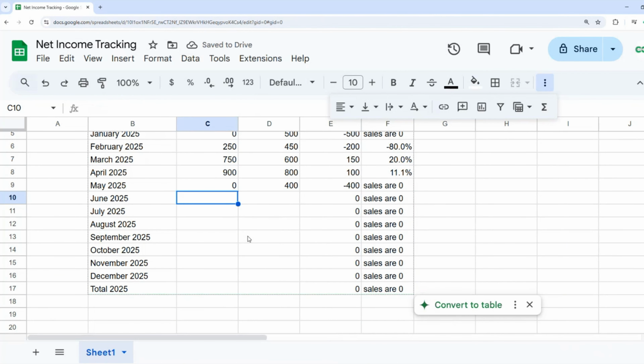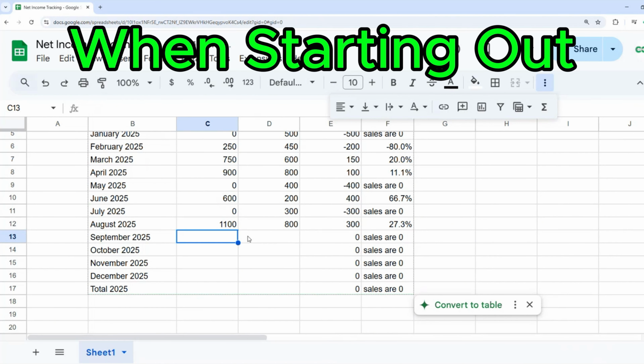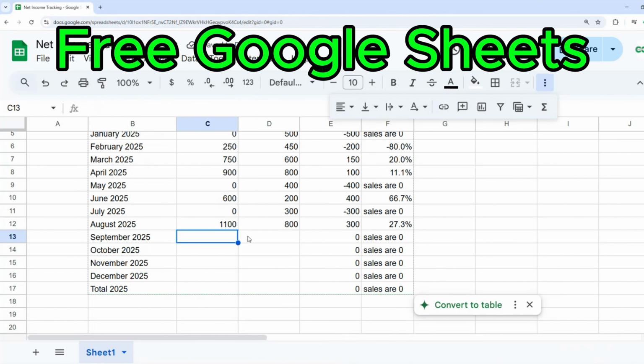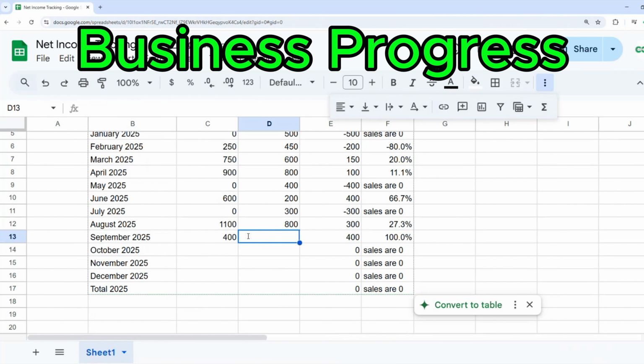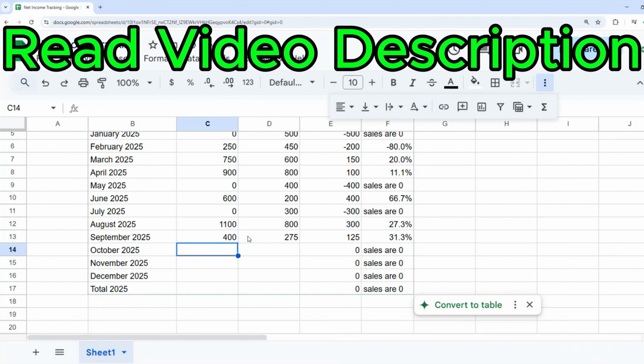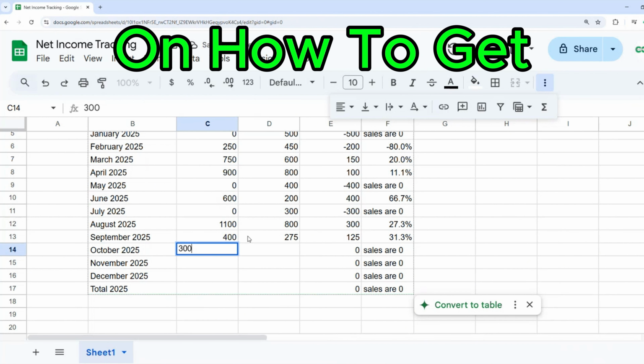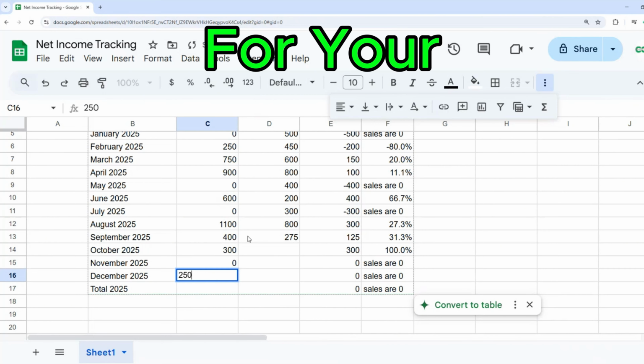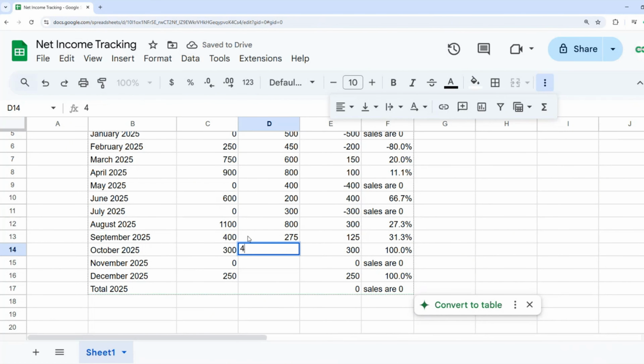I can have sales of 600, expenses of 200, sales of 0, expenses of 300, sales of 1100, expenses of 800, sales of 400, expenses of 275, and then let's do sales of 300, 0, 250, and expenses of 400, 300, and 100. Now I can total the year